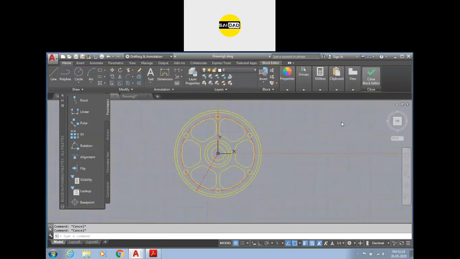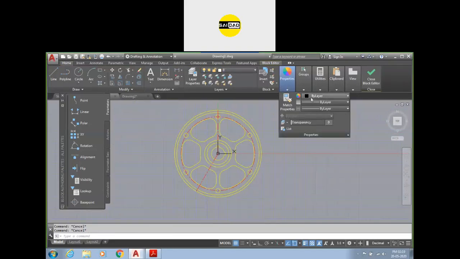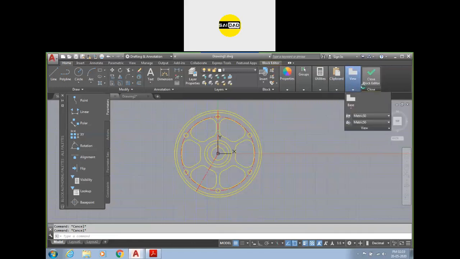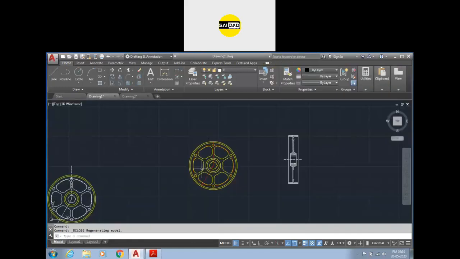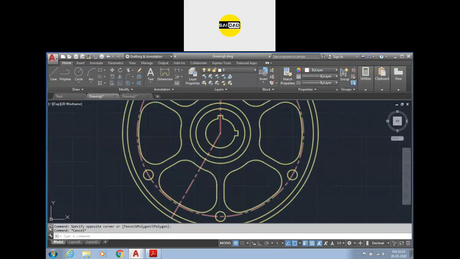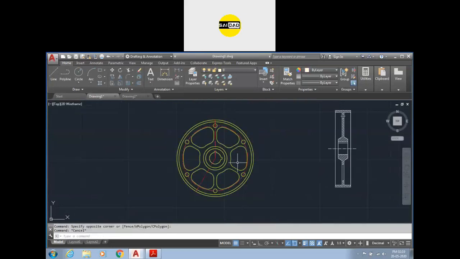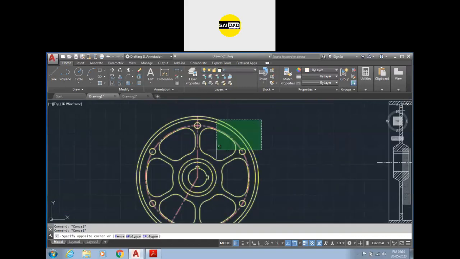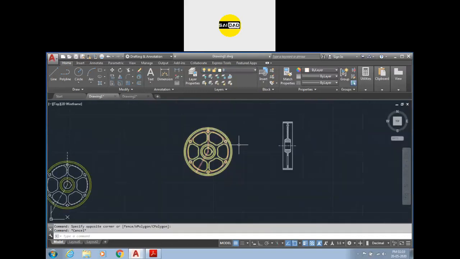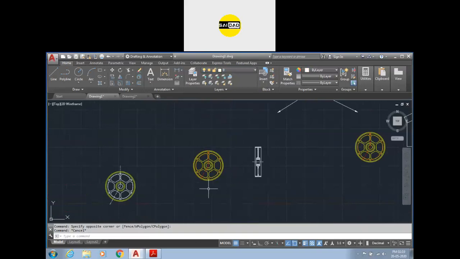Close block editor from here or go to the property, check them. Everything should be in the layer, not by block. It should be by layer. Close, save the changes. Now you can see this block is converted into the layers. Okay, so the object should be in 0 by default, and everything again you will see in the layer. Okay, any other question?